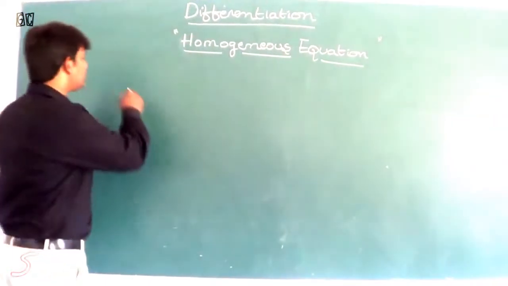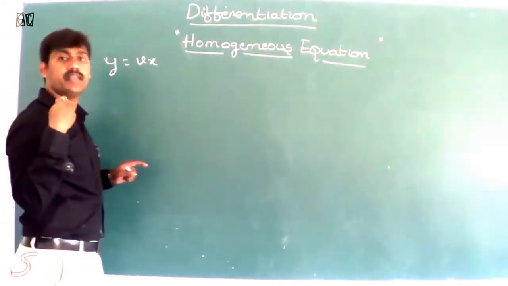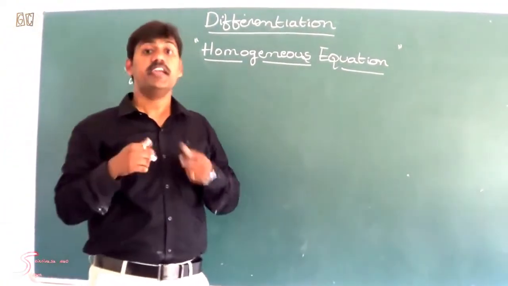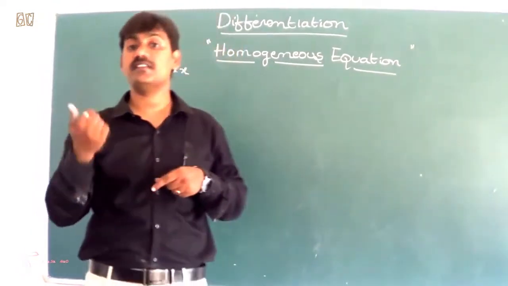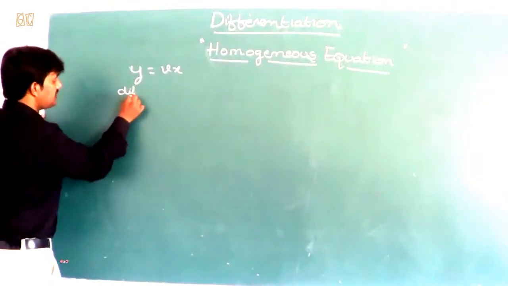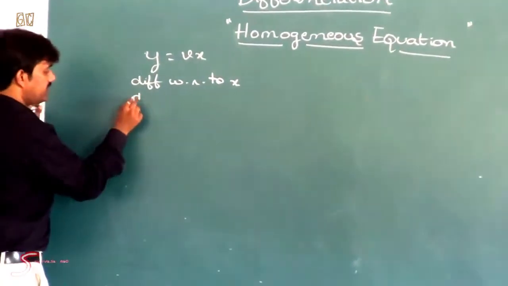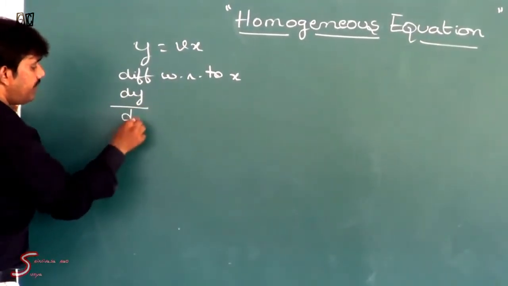Then the next step is put y equal to vx. If it is a homogeneous function, then put y equal to vx. If it is non-homogeneous, the condition will differ. So put y equal to vx. Now differentiate with respect to x. So I am going to differentiate with respect to x: dy by dx equal to